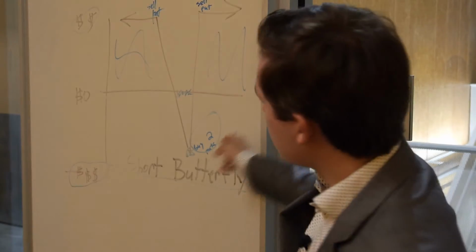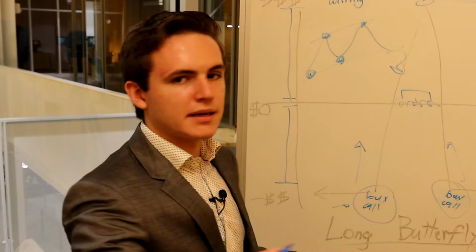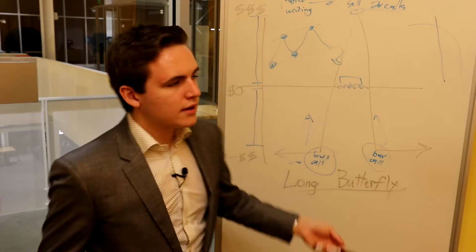If it goes absolutely berserk, you lose a bunch of money, and if it just stays in the same place, especially if it doesn't pay a big dividend, you might just be wasting your time. But if it pays like 5 or 6% dividend, maybe it's cool to own it. But for most of your active management or swing trading,